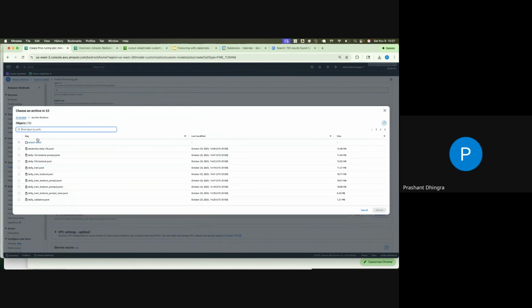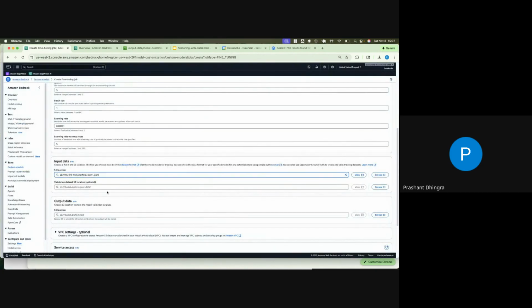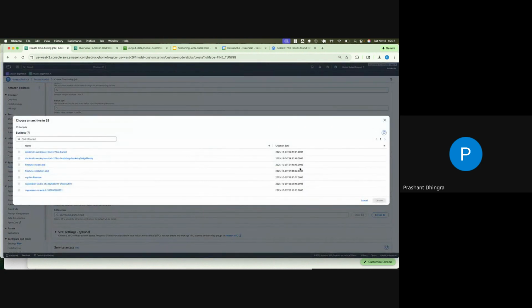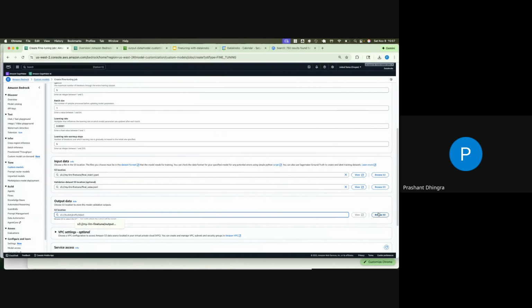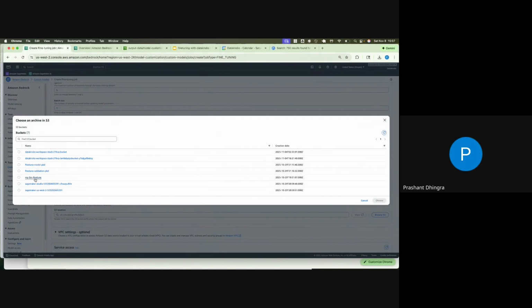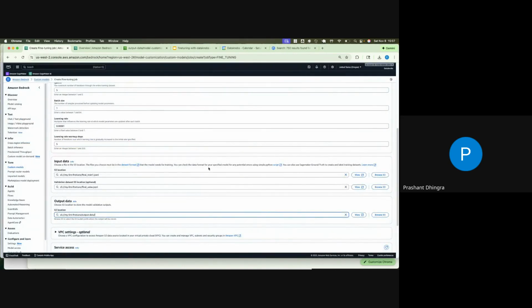So I'm going to this S3 bucket, and here I can pick my training set and I can also pick my validation set. And you can also specify where you want to write the output of the model. So first select the base model, specify the input data, validation data, and where you want to write the output. Then you can